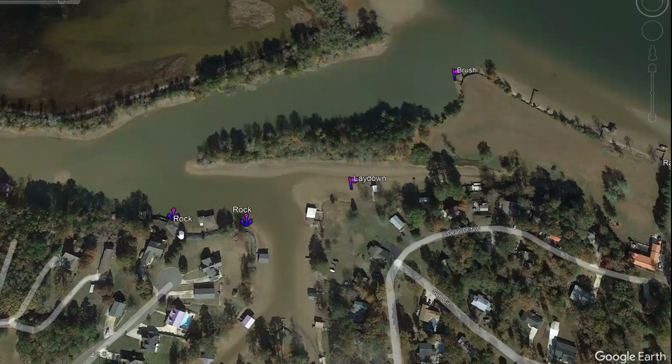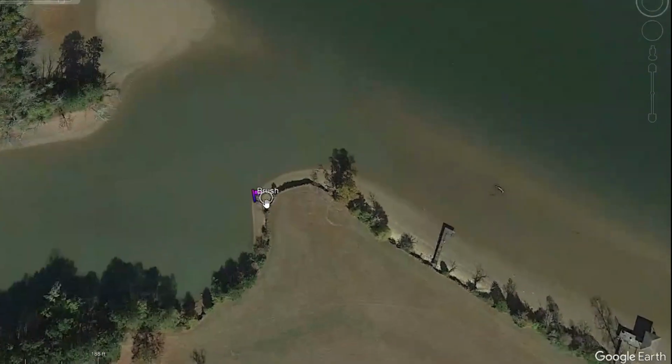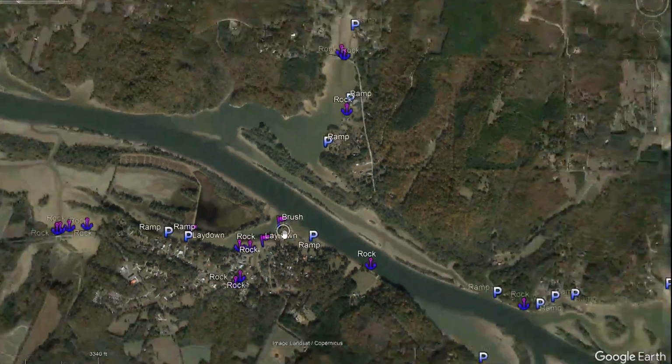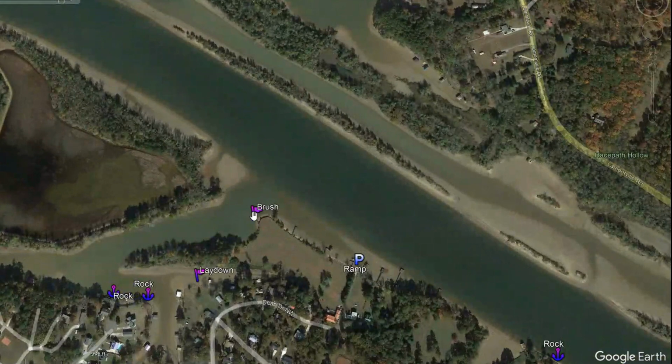Got some good rock coming off the edge of this dock here and around this point. Some more laydowns over here. Some brush that's over here off the top of this point. I kind of like how this point sets up. I know this is not the, well, I guess it is the main river channel. So having that main river channel there and having something for them to relate to is always just a big plus. Some kind of break from the current or something,